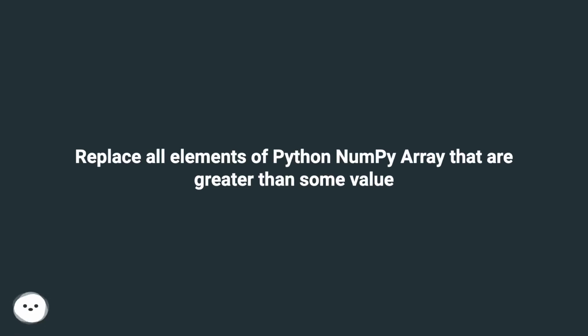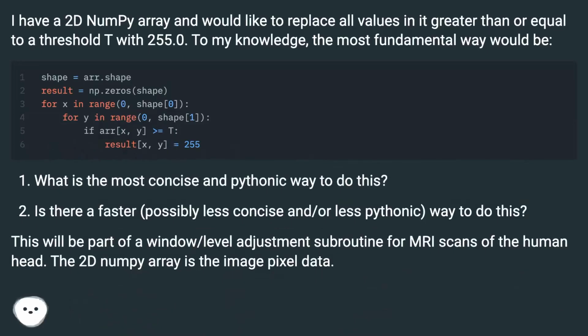Replace all elements of a Python NumPy array that are greater than some value. I have a 2D NumPy array and would like to replace all values in it greater than or equal to a threshold t with 255.0. To my knowledge, the most fundamental way would be